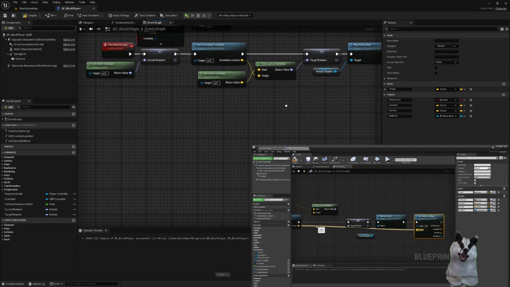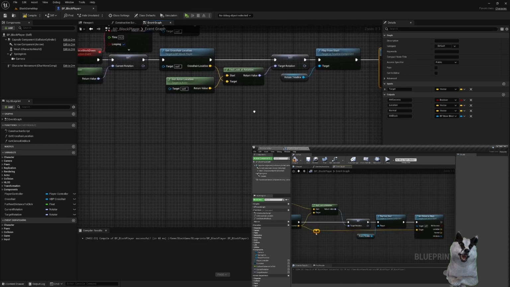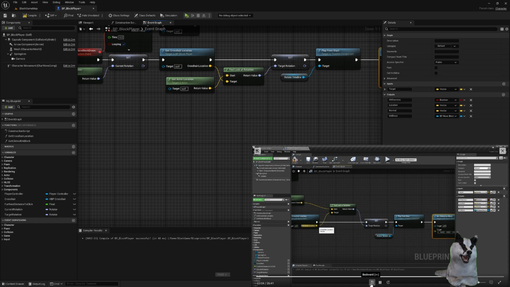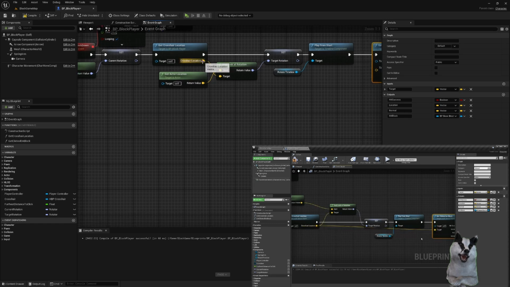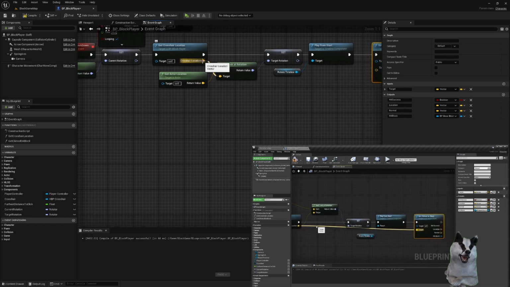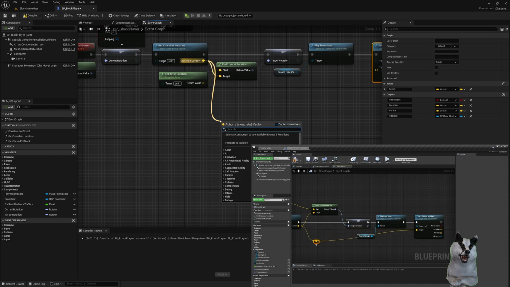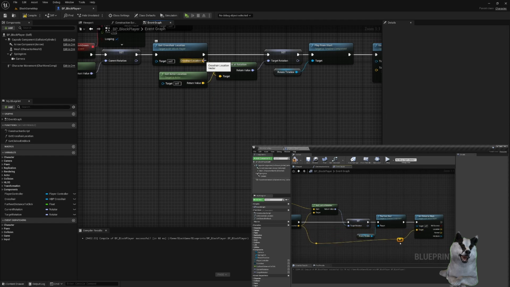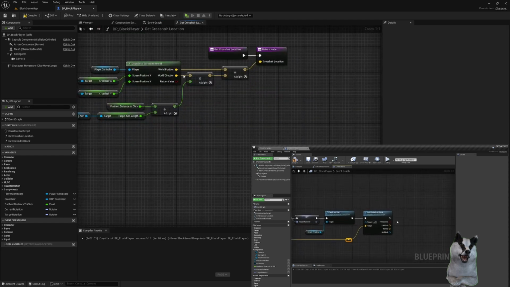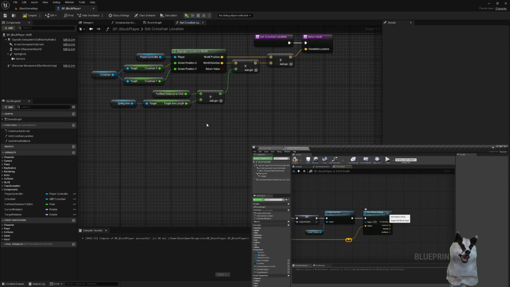And you can use a reroute node to neaten that up by double-clicking on the wire, dragging that down, double-clicking, dragging that down, like so. So now that we've got a clicked on block, we need to